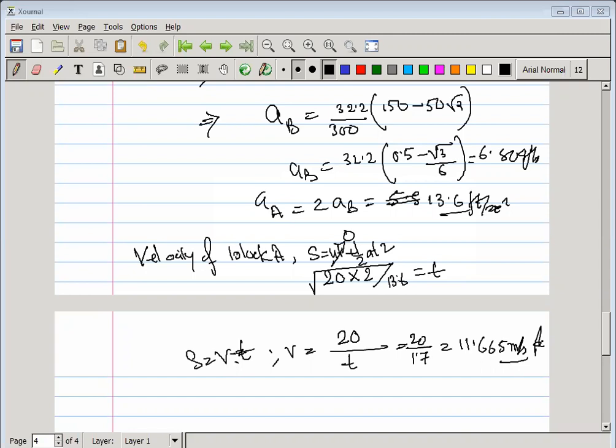Hello, is it clear that when they are asking about the velocity, to find the velocity we have to first find the time required for that block to come to the ground? So we have to use the formula S is equal to ut plus half a t squared. After we find the time required to touch the ground, then we simply have to calculate the velocity, where S is equal to vt.